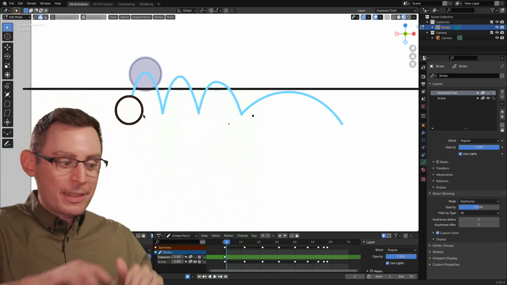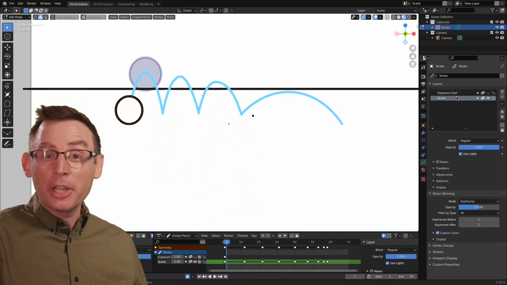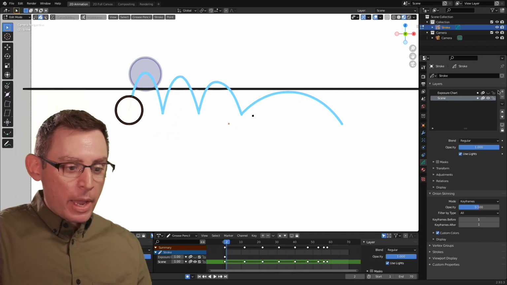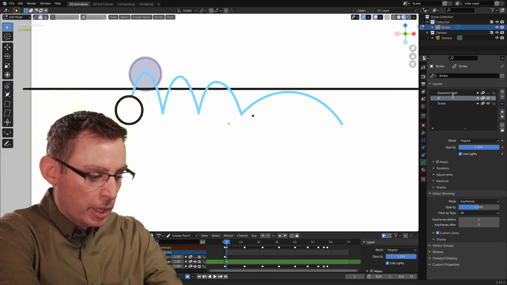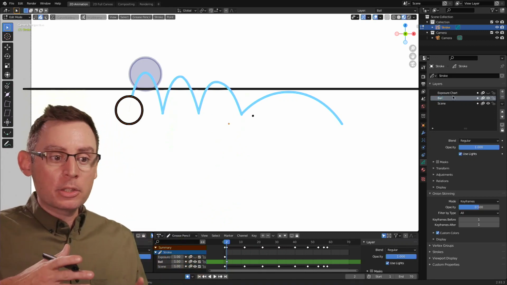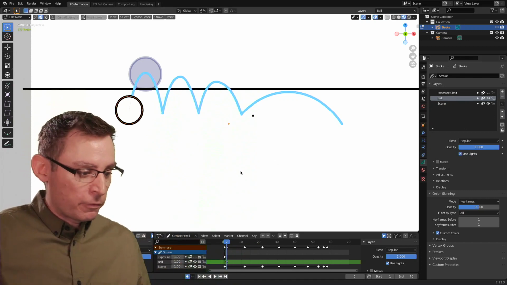I want to start separating this out, because right now everything is just kind of in this scene animation layer, which doesn't give me the layer of control that I'm after. So let's create a new animation layer before we go any further. And I'm going to call this animation layer ball, as one might imagine. And here's an easy way to start separating all of this information out without losing your information.